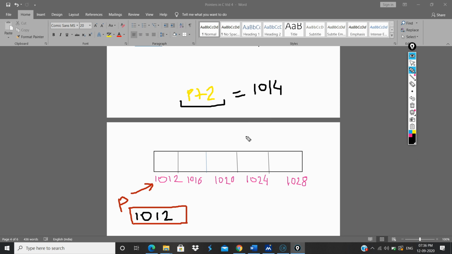Now just analyze one thing, that p is pointing to a subblock which is a part of a contiguous memory. If I travel further, since it is a contiguous block, I will get some more subblocks, and each of these subblocks will be associated with an address. Again I'm repeating, if p is a pointer to the first subblock of an array c, an array I know is a contiguous part of a memory block.